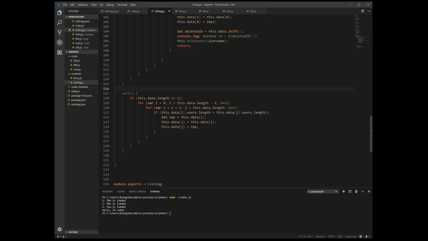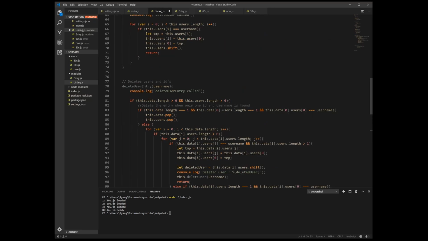Alright, now that we finished this, we're just going to write a comment quick. So this sorts the server ID. I don't know, how would I write this? Entry with most players. So I'm going to write a comment for this real quick. So this sorts the entry with most users.